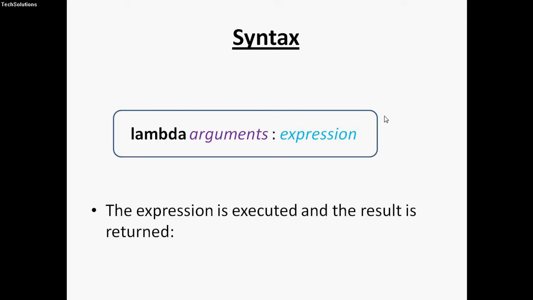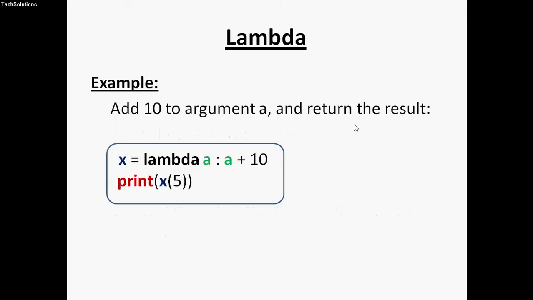When we execute it, the expression is executed and the result is returned in a single statement. For example, if we want to add 10 to an argument a and return the result,